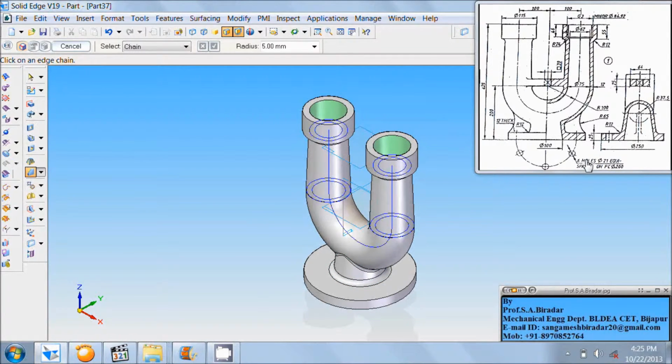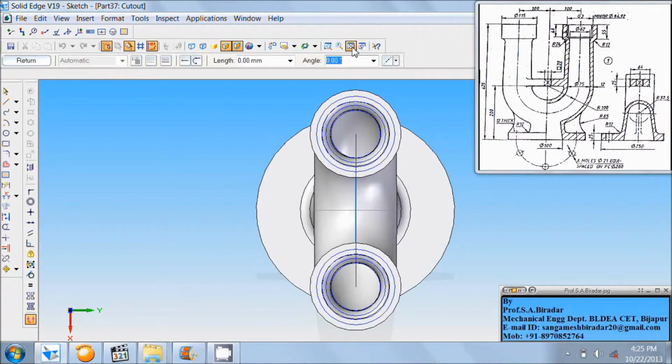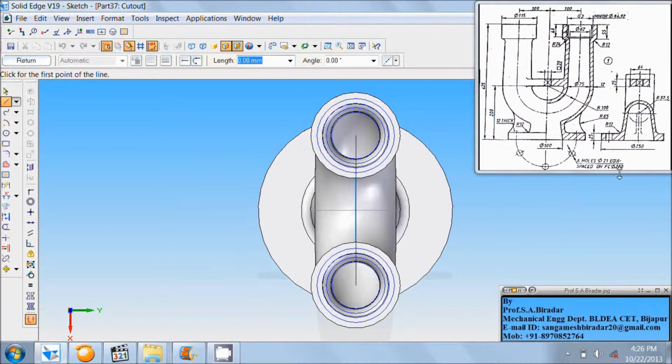Here are 6 holes of diameter 21 equi-spaced on pitch circle of diameter 200, so take cutout command, select this face, fit it. Here is pitch circle diameter 200, so take line command.